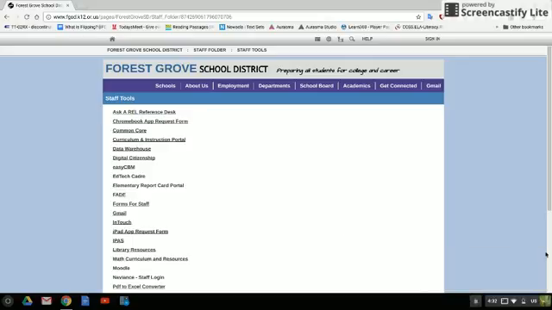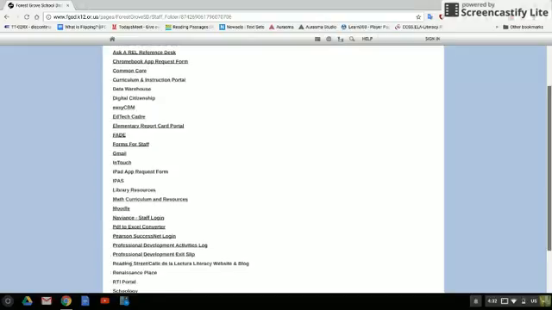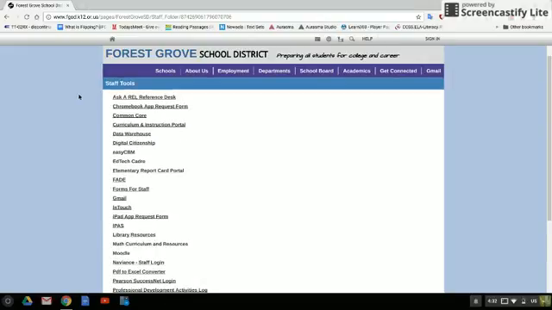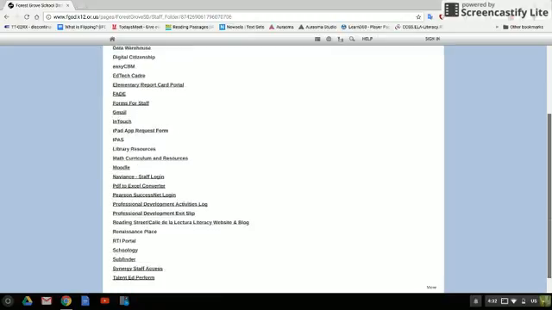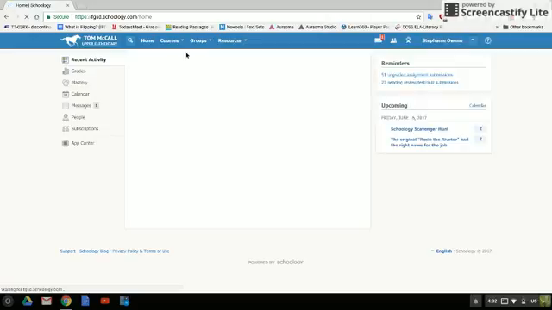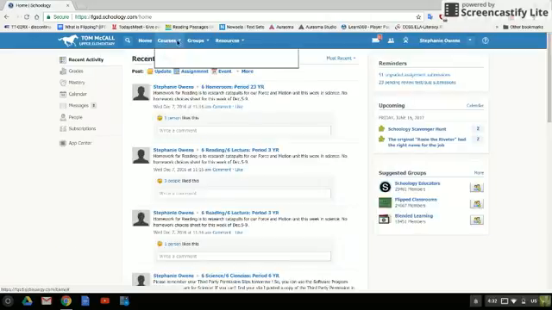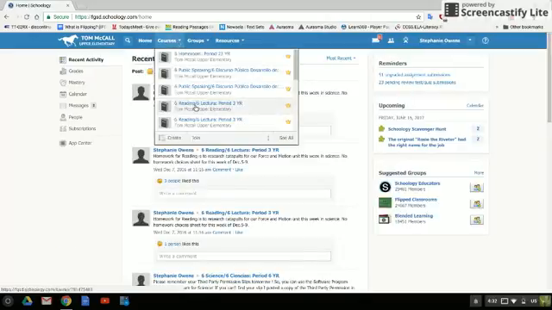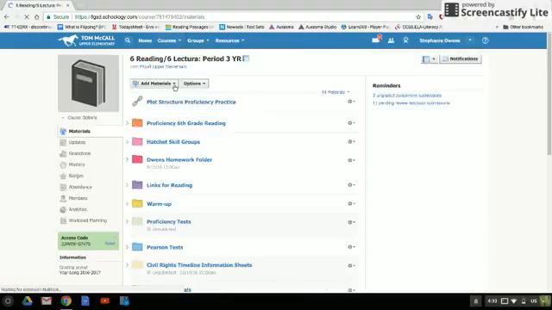These are the steps for the 5th grade reading proficiency setup for Schoology. In Staff Tools from the Forest Grove School District website, scroll down until you can access Schoology. Log into your account. Once you're logged in, you're going to go to Courses. Choose your reading course. Inside of your reading course, you're going to add materials